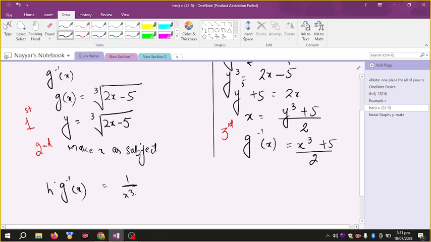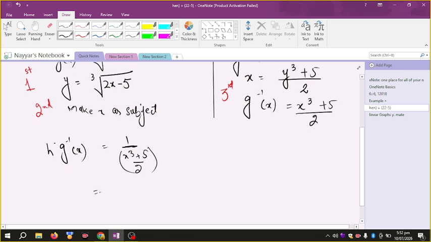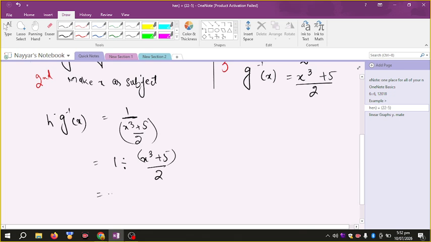So it will be x cube plus 5 by 2. You can see that 1 is dividing with this value, so we can write it down like this: 1 divided by x cube plus 5 by 2. You know that whenever you have a fraction in the denominator, you take the reciprocal. So 1 multiplied by 2 upon x cube plus 5. So your answer of h of g inverse x is